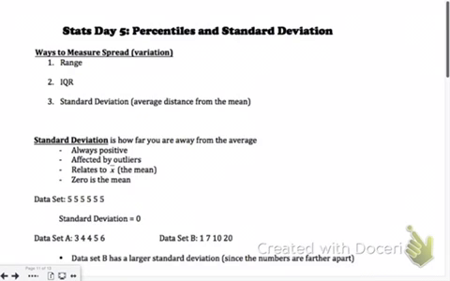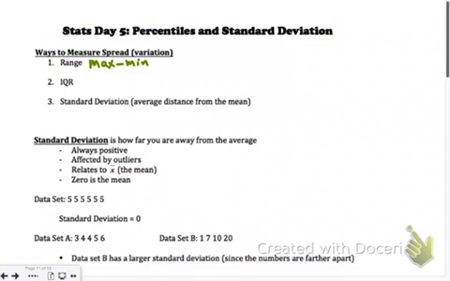Okay, this video talks about percentiles and standard deviation. Standard deviation is a way to measure the spread or the variation in a set of data. If you think about the scores on a math test, when we find the range, we're looking at the maximum value minus the minimum value. So that will just tell you the difference between the score of the highest student and the score of the